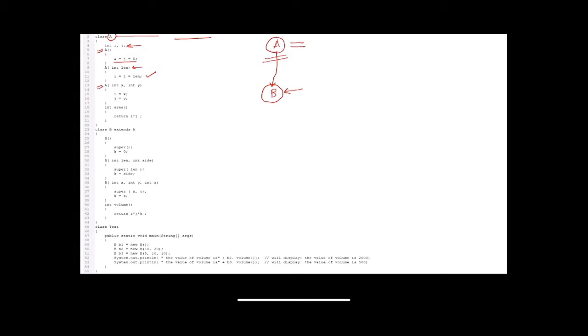Then I'm having a constructor A where two values are defined by the user and the values are initialized to I and J. Then I'm having a method area where I'm returning the values of I and J to whosoever is calling it. Then in my class B, I am inheriting the variables and methods of my class A.